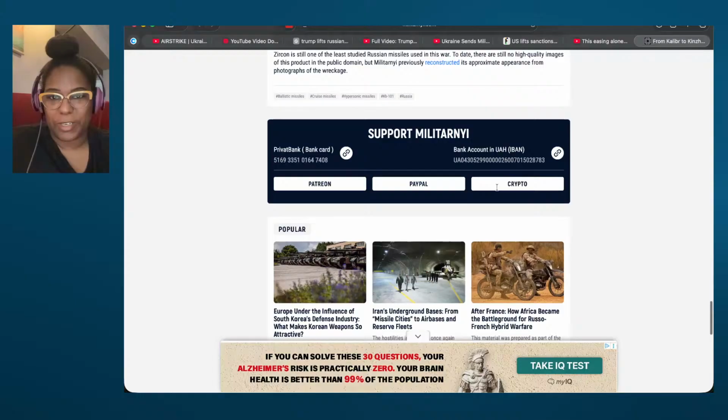U.S. lifts sanctions on Russian oil already loaded onto tankers, equal to 5 to 6 days worth of normal shipments. Okay, that's AI. So